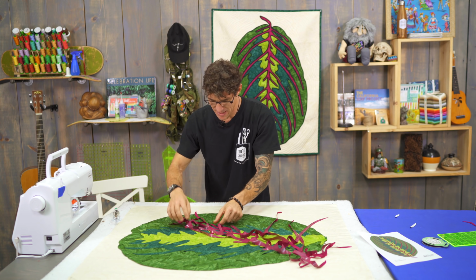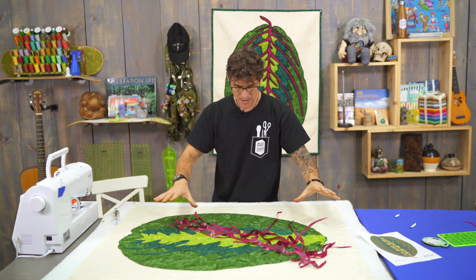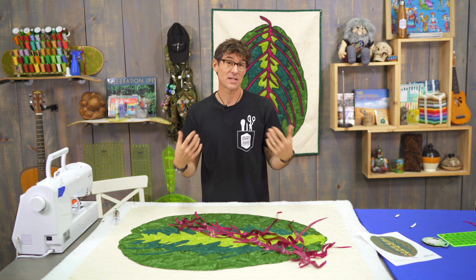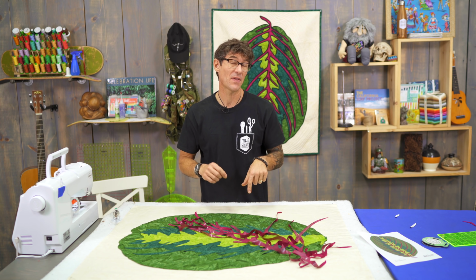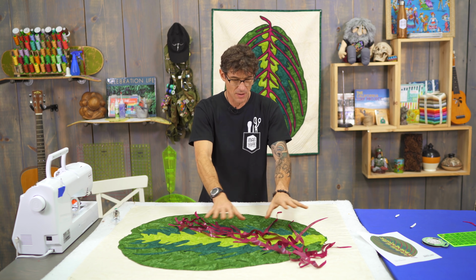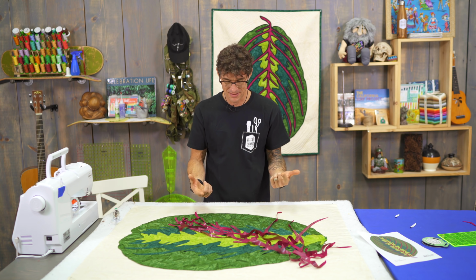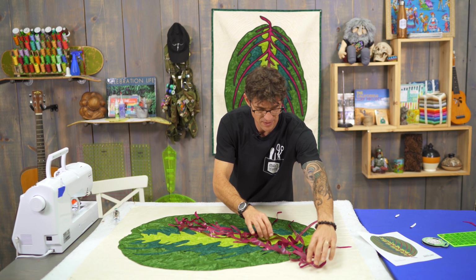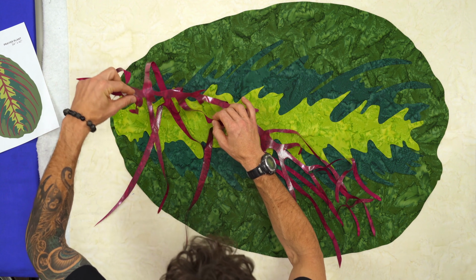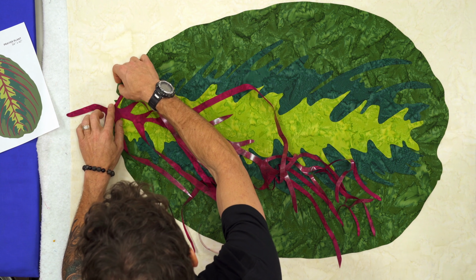Okay, so you can see that I was just actually finishing up peeling the paper off of the magenta piece. And I'm not touching it too much because I wanted you to see what I'm doing. Now, the best thing about the Heat and Bond Featherlight is it doesn't have a real tendency to stick to itself. So I'm not too worried. It's not like duct tape in the wind at the moment, but I want to handle this as little as possible because all of these little fingers and things are just going to go everywhere. So we're just going to take a deep breath and I'm going to flip it over and I'm going to start working it in,